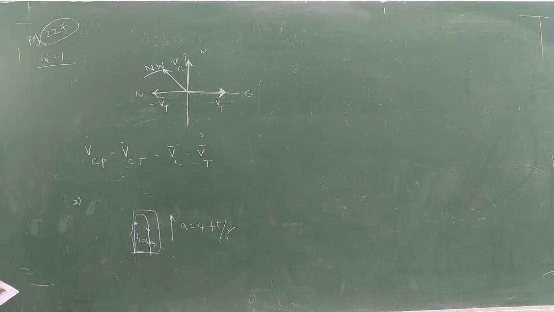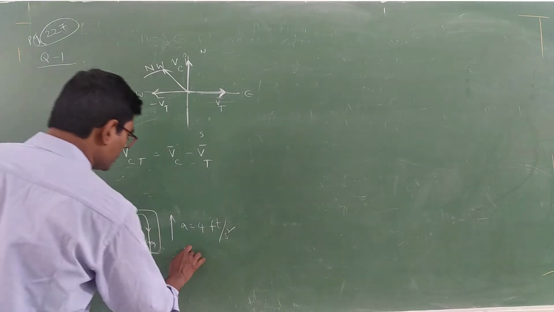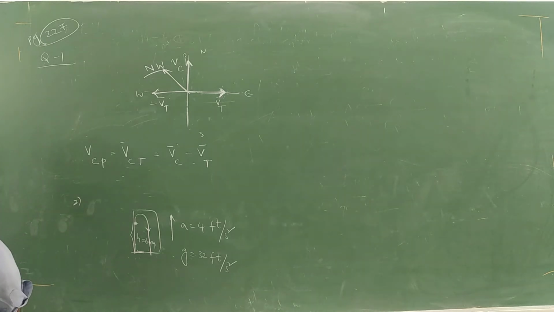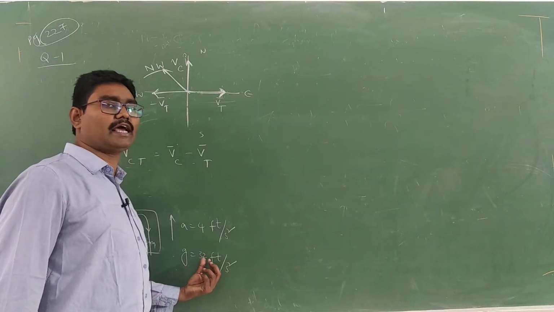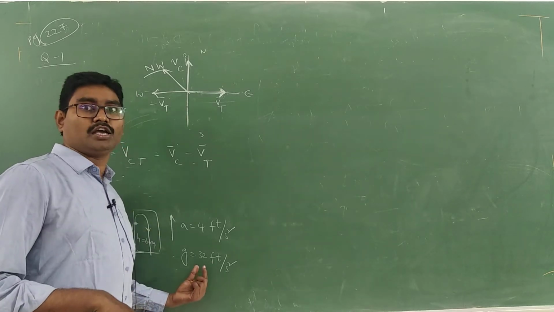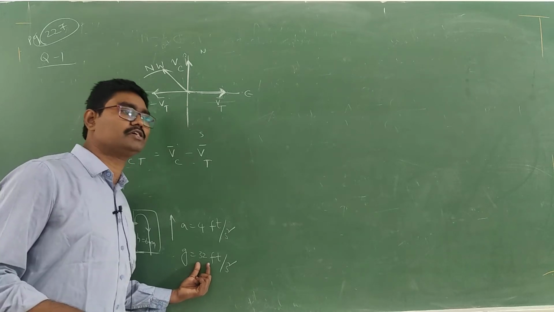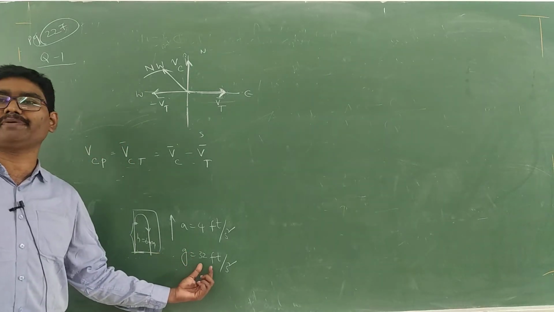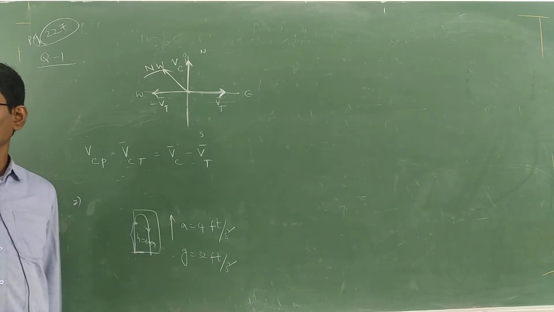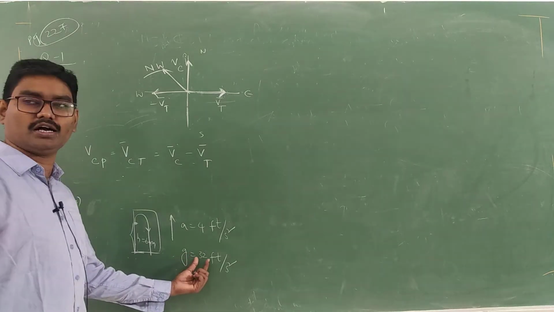Now, what are they asking? Find the time taken by the bolt to reach the ground. Here they have given g equal to 32 feet per second square. You know that acceleration due to gravity is normally 9.8 meter per second square, or sometimes you will take 10 meter per second square. That is in meter per second square. If you take it in feet per second square, 32 is the value. Okay, g is equal to 32 feet per second square. This is the value of g in the FPS system, that is on foot. Keep this value also in mind.